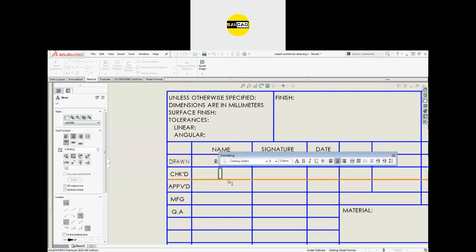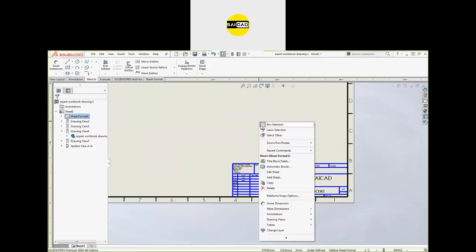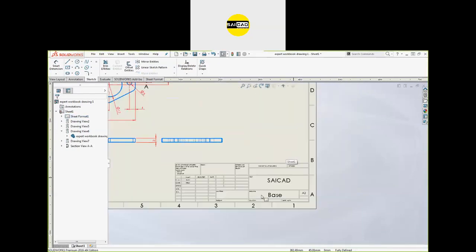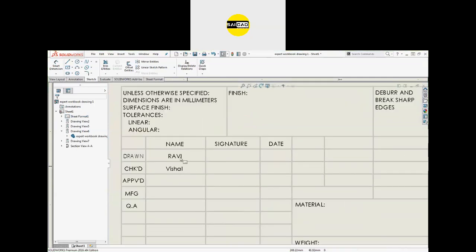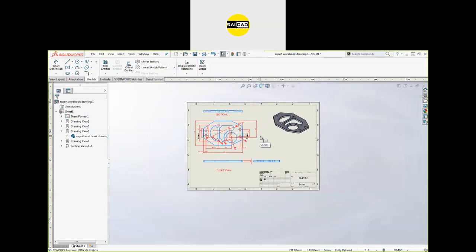So like that you can enter every value. To go outside, just right click and go to the edit sheet. Okay, and you are back with the properties added. You can see the properties from here. Okay, so in this way you can create the sheet.